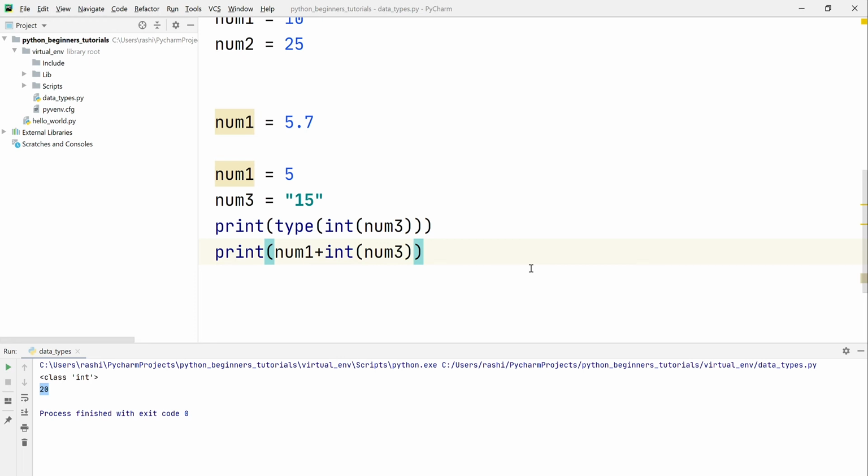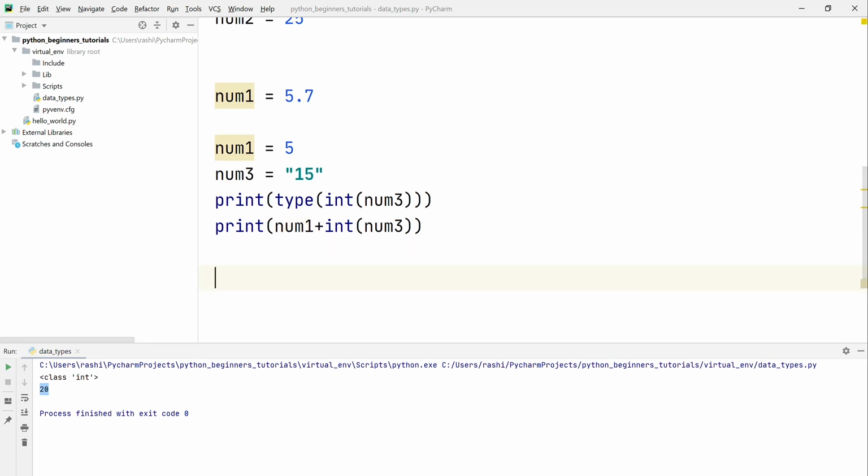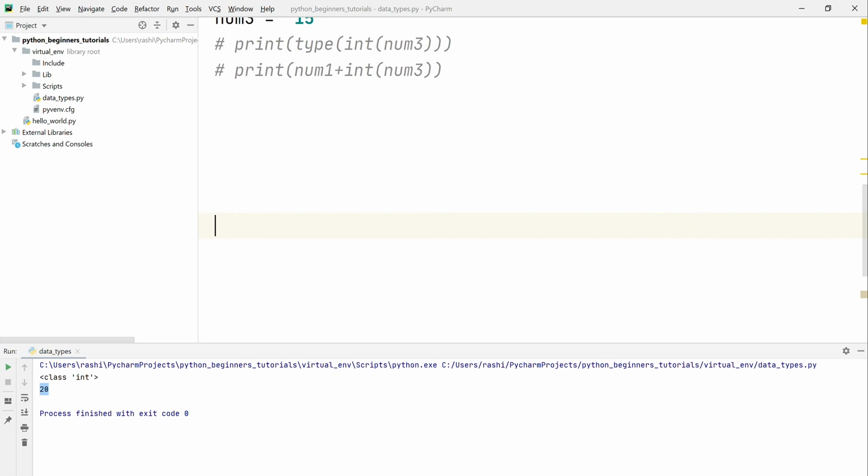Now we'll take one more situation. Let's say we want to take the input from the user. Instead of providing the value here, we want to take the value from the user. How will we do this? Let's say num1 is equal to, we'll use the built-in function input, and we can write any string in that, and whatever string we write here will be displayed to the user. So we'll say "Enter a number" here.